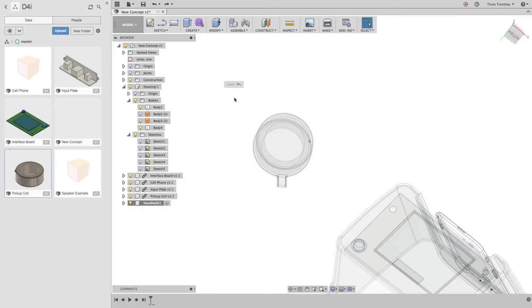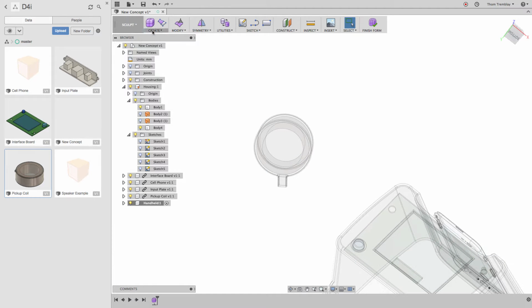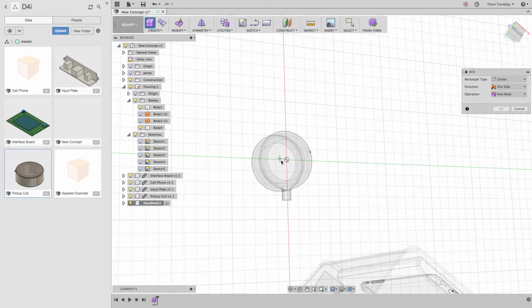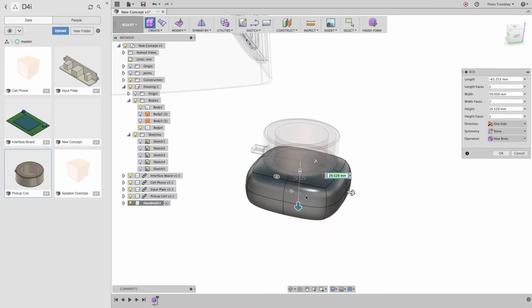I'll begin by creating a new component for my handheld transceiver. Once this is done, I'll use the Create Form tool to go into the sculpt environment. This time, instead of creating an open body or converting a face, I'll start a box primitive. I'll roughen a size around the coil,